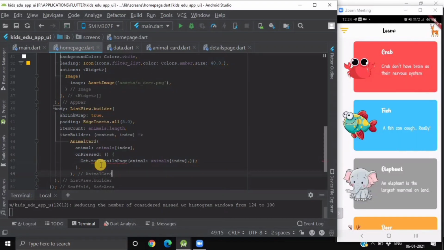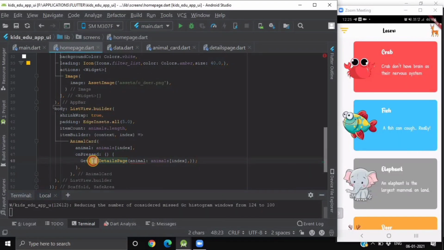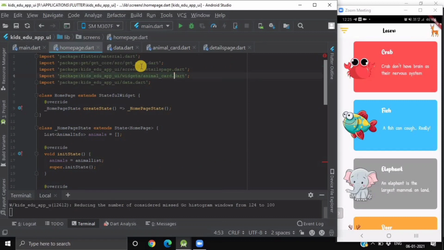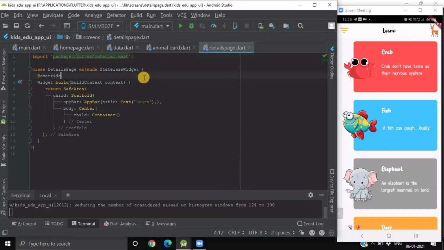I have to import this package, and I have changed this from get it, get.dart. Now here it is showing me an error on the animal attribute, because the detail page which we have created is right now not having any sort of property.